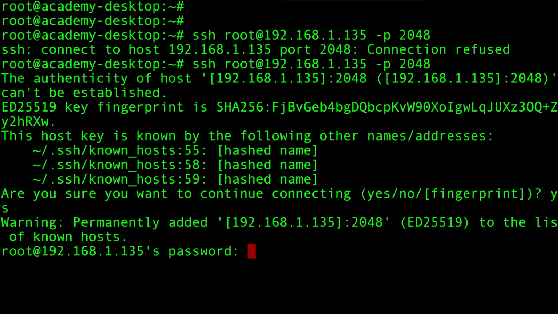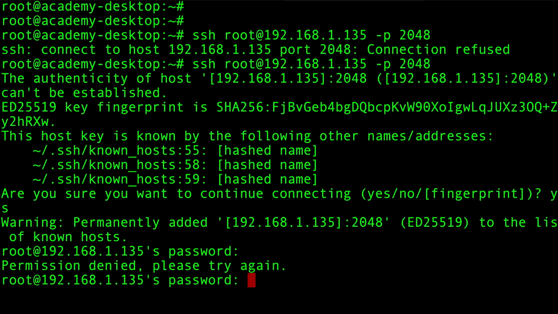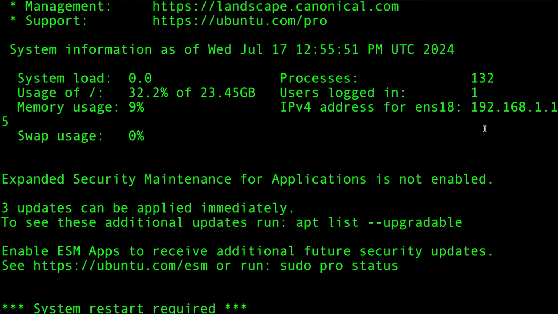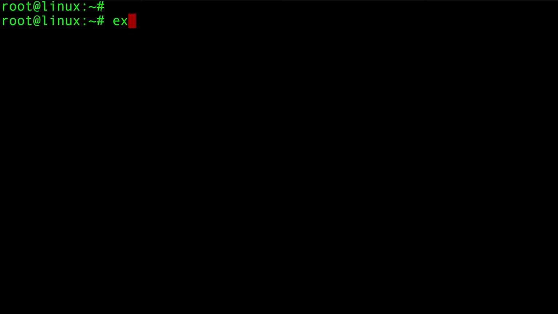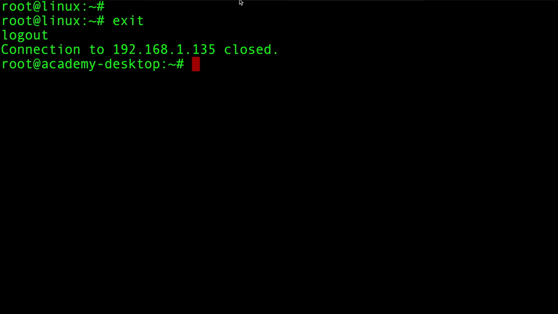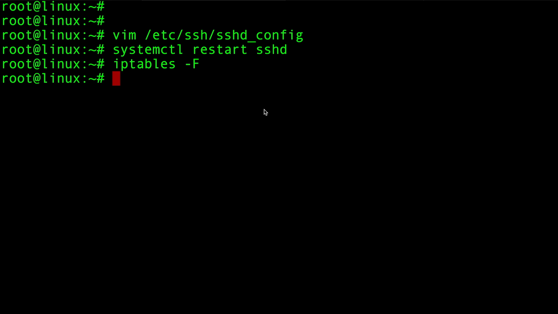As you can see here, I successfully logged in using SSH to my server using port 2048. Now let's exit and go back to our server. Now what we need to do here is close the SSH port, which is 2048. But before closing the SSH port, let's run an iptables command so we make sure we don't get disconnected from